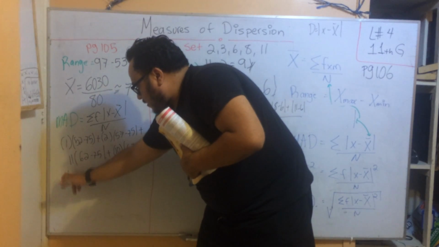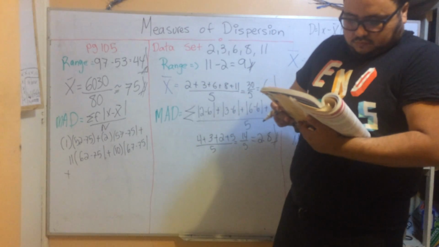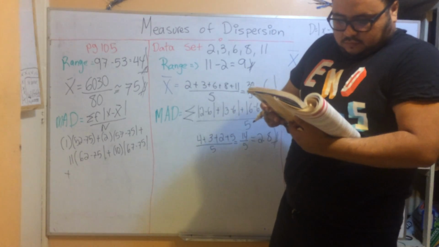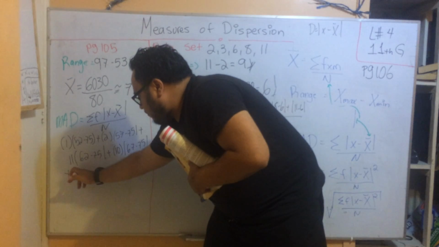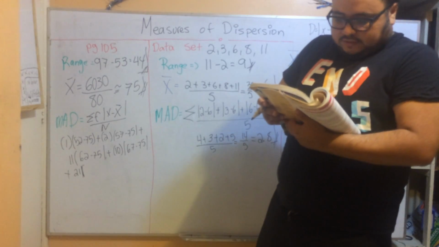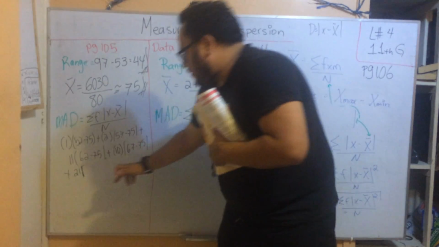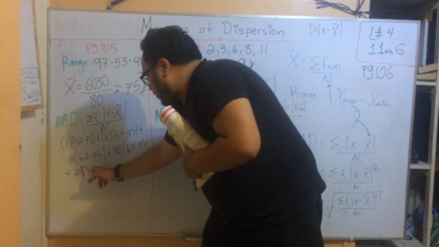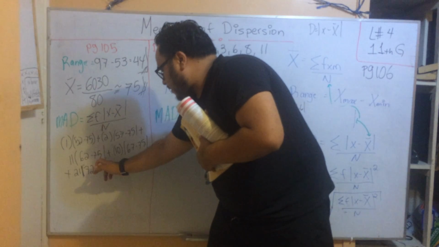Then plus 21, multiplied by the next one, 72 minus 75,